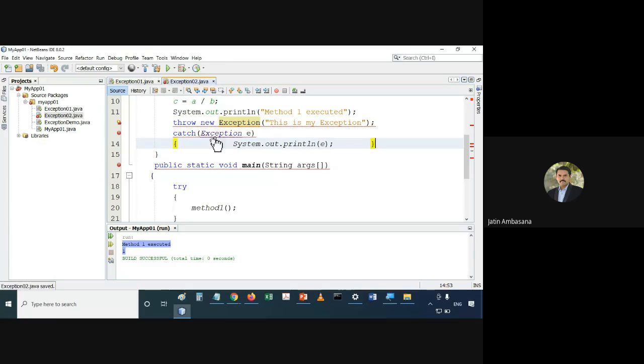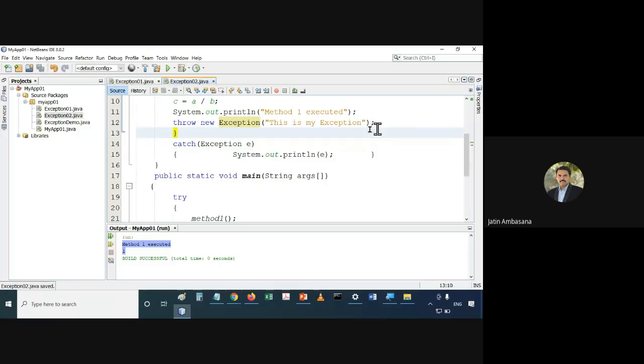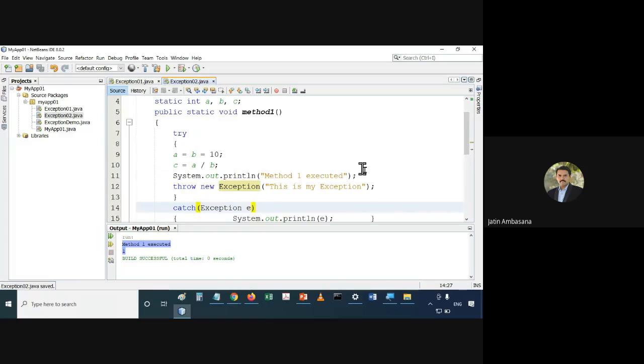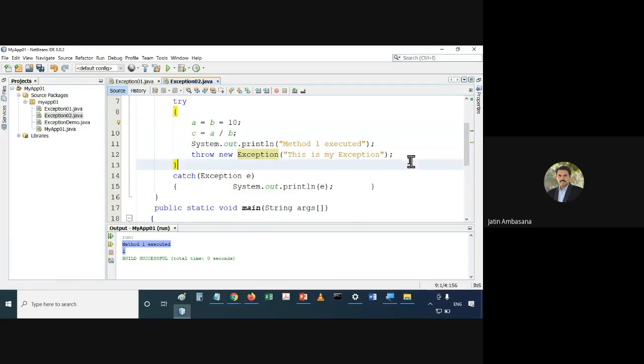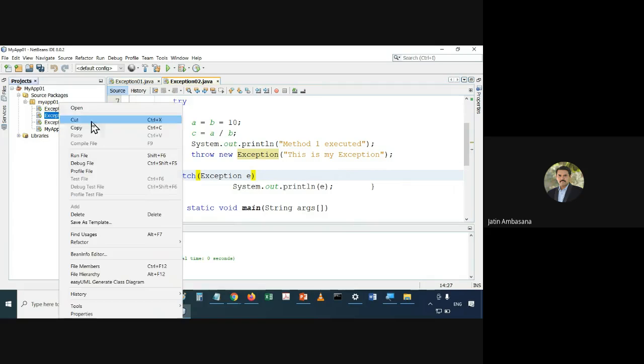So now there won't be any error. Why? Because since I am throwing it, I'm also catching it. So the program execution will be okay. So the compiler gets to know that the program execution is not going to get hampered because of this part, because of this line number 12. Okay. And if we now run this particular program,